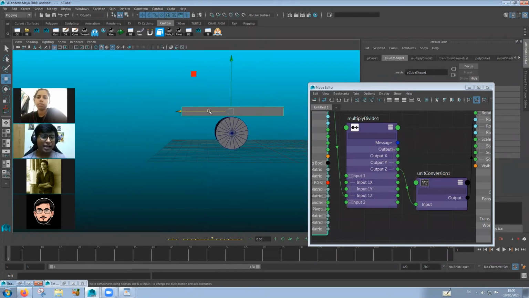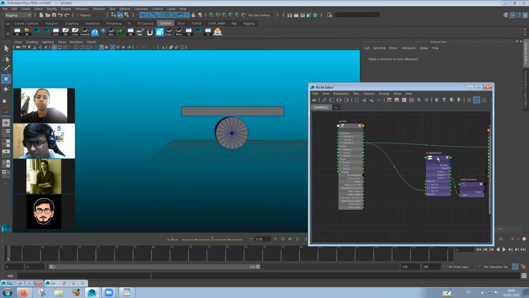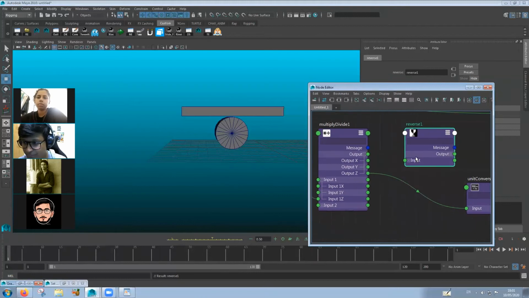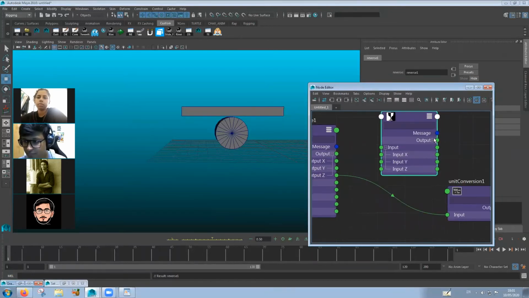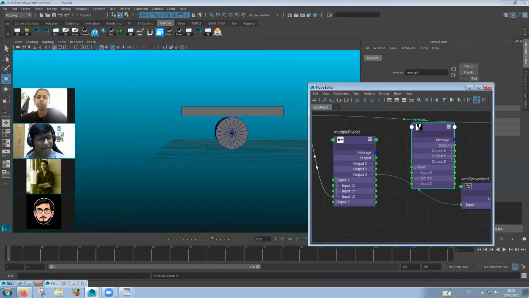Now, for example, if this is not, say, a car, but we want some sort of machinery in which if this moves in this direction, I want it to rotate in the opposite direction. So what I can do is I can hit tab, create a reverse node. Okay, open this up again. Now, whatever value is coming from the multiply divide will get multiplied by -1, or it will get reversed. Whatever value was there will get reversed and be input into that.